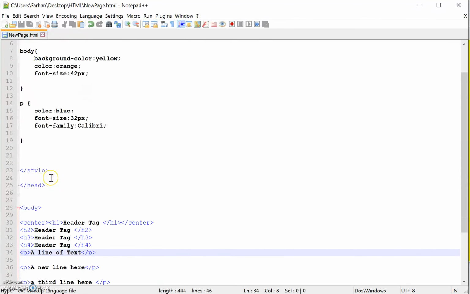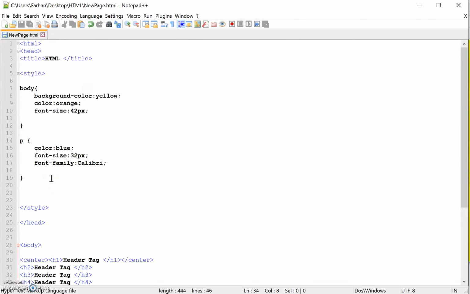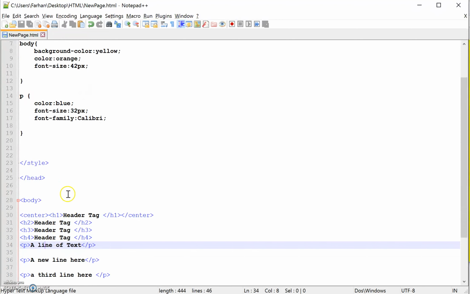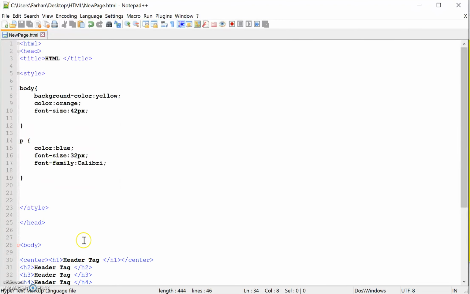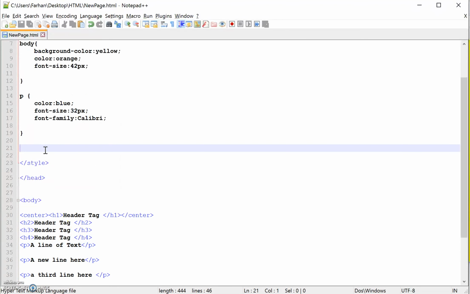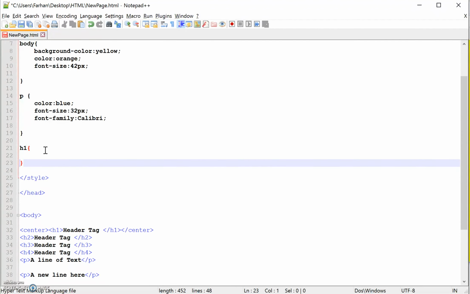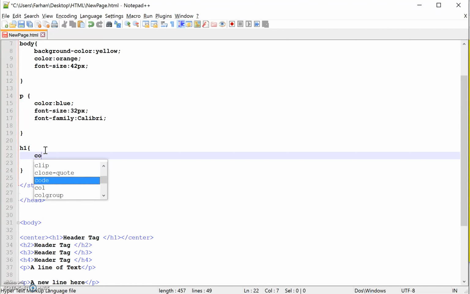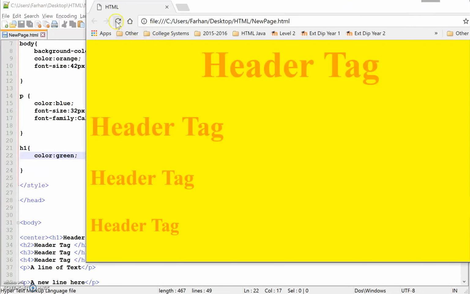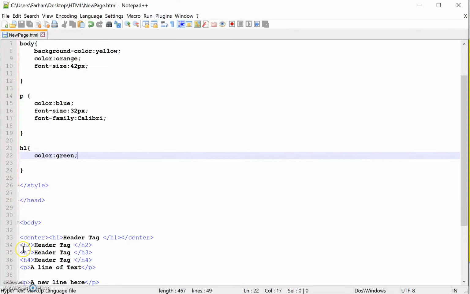Okay, so what we're going to do in the next tutorial, actually, these H tags now, by default, they've come to that certain color. What we can do is customize these H tags. So now if we do H1, open curly bracket, close, and we can do color, and we can make that, let's say, green. Now if we notice, that's changed to green. So now we've got H2, H3. Now we can repeat the same thing